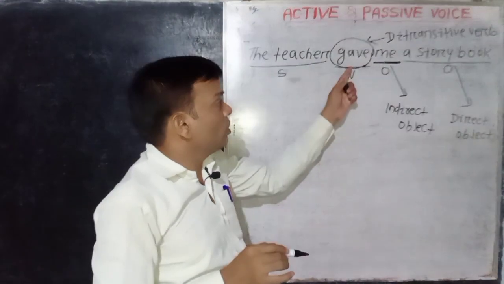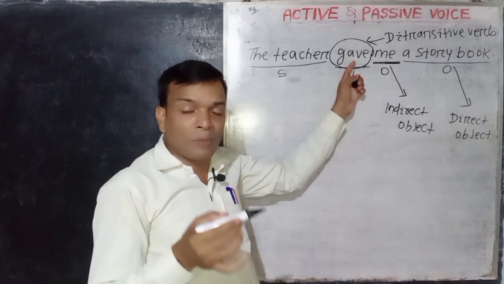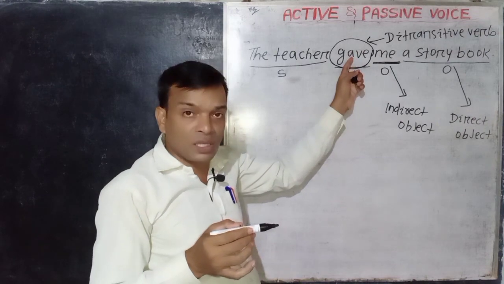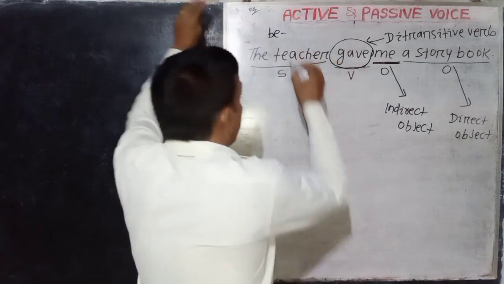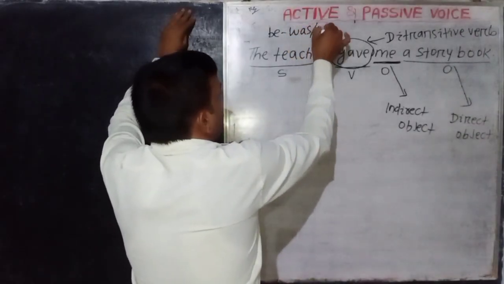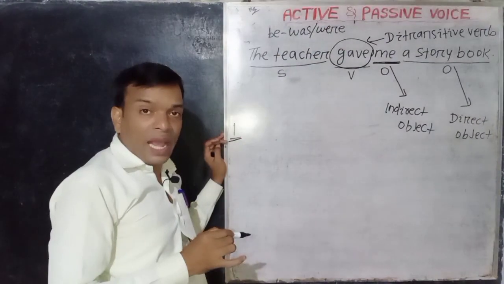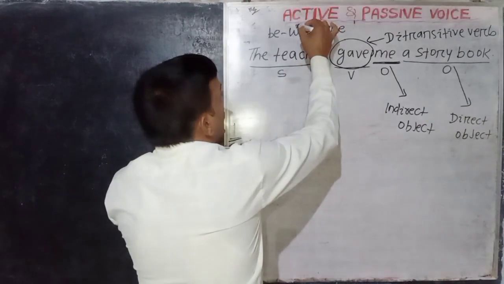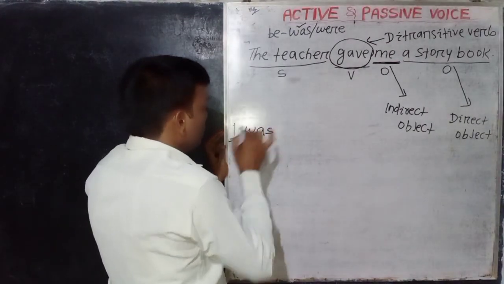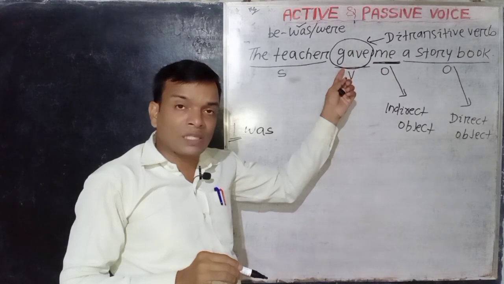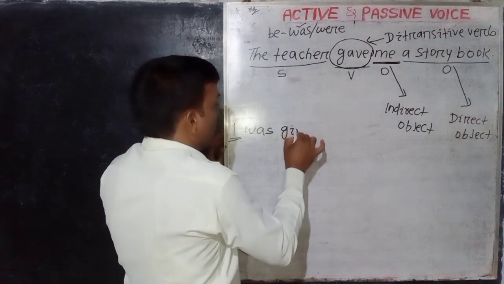Then the same rule: here the verb gave is the past tense form, or V2, of give. As this verb gave is in V2 or past tense form, use the correct form of the be verb, that is the past tense form was or were. Clear? Here the patient or object I is singular, so use the singular past tense form, that is was. So I was. Then write the V3 or past participle of the main verb give, gave, given. So I was given.